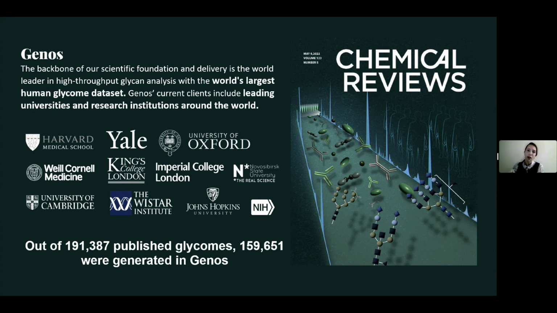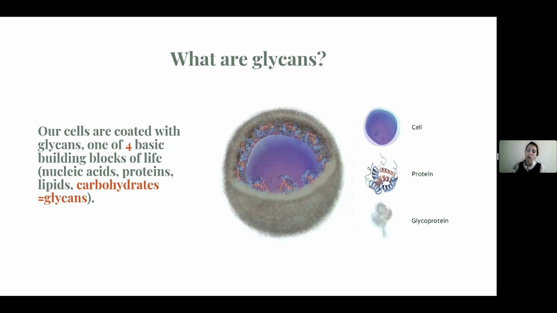So our clients are leading universities and research institutions, and out of over 191,000 published glycans, 159,000 were generated by Genos. So we're the highest contributor to the glycan data, and today I'm going to show you only a small fraction of this work. But before that, we need to talk about glycans, because this is largely a term which is